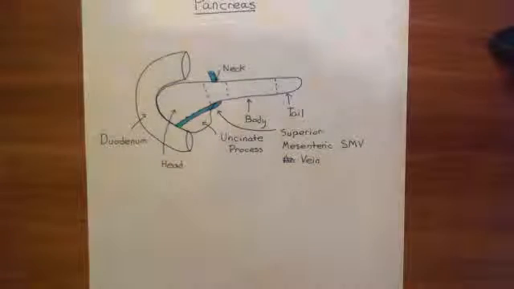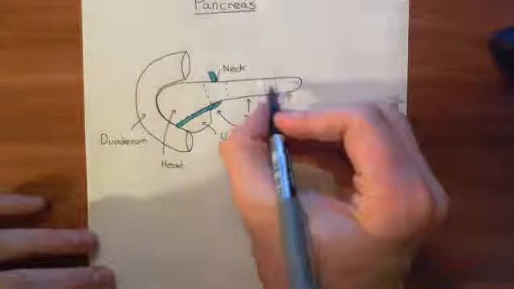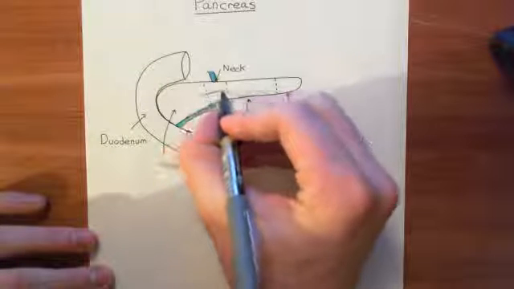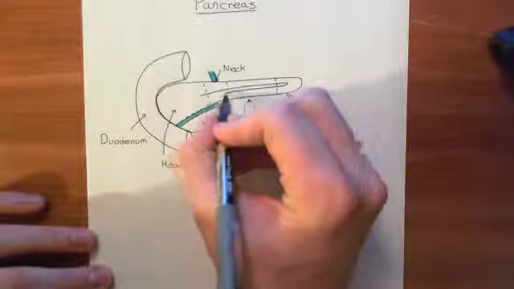Right, okay, so the superior mesenteric vein runs in this groove between the uncinate process and the head of the pancreas, and it's going to go up and form the hepatic portal vein with a few other veins. Okay, right. Now that we've discussed the superior mesenteric vein and we've discussed the large structure of the pancreas, what we now need to turn our attention to is the ducts that are within the pancreas. So there is a duct running pretty much the entire way through the pancreas. So here it is, and this is